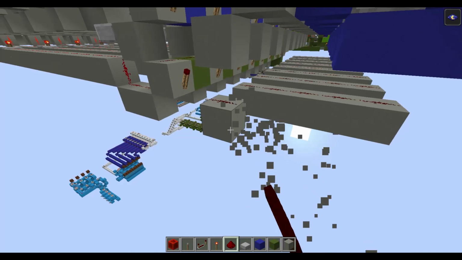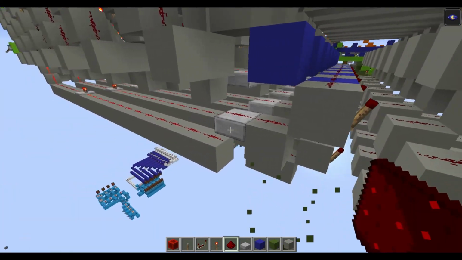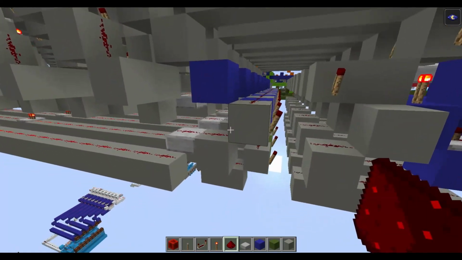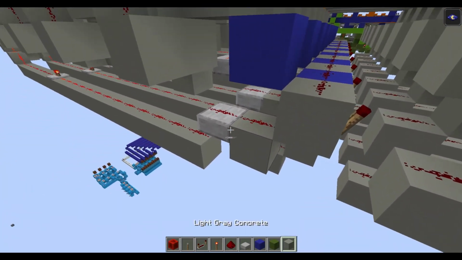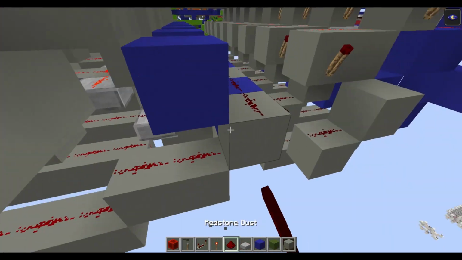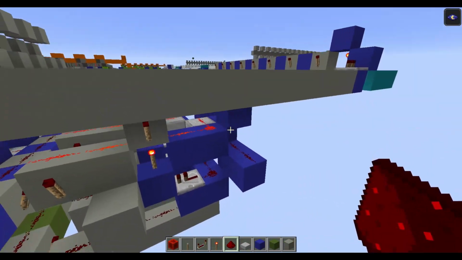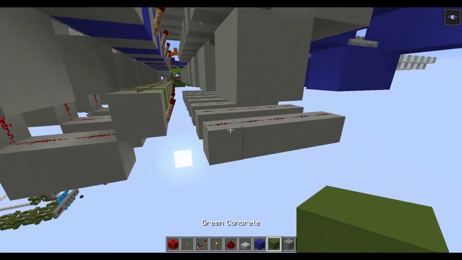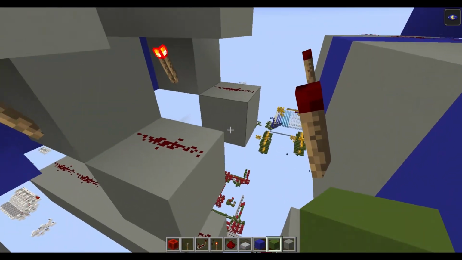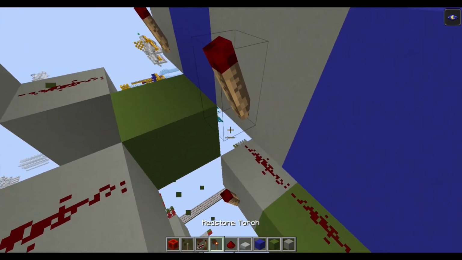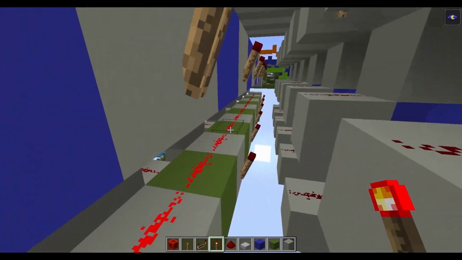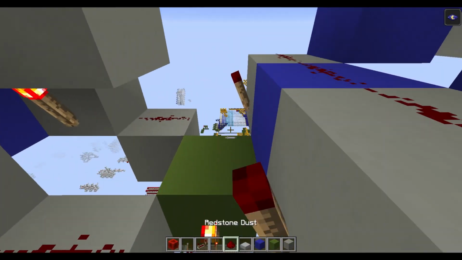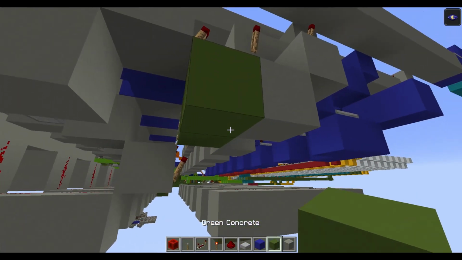We can break this because we don't need any output for this bit. We want it for the loop, but we don't need to output it. You can, but here I think it's not useful, so I erased it. Let's put a torch here to power all of these. Oh, it's 2, so we don't need that thing at the end, but anyway.